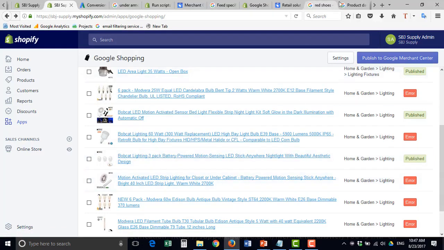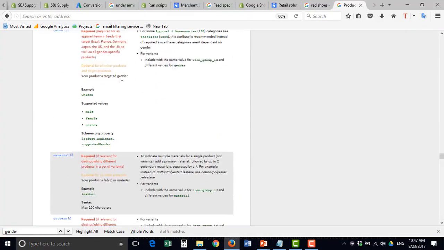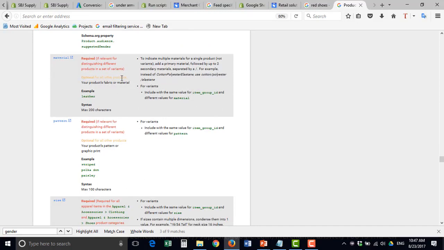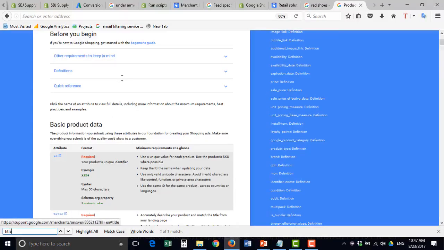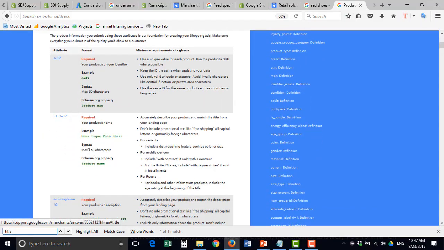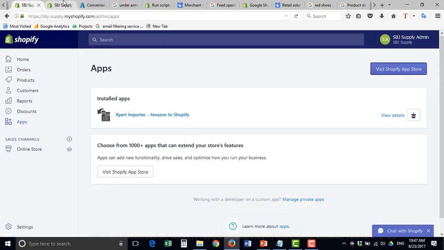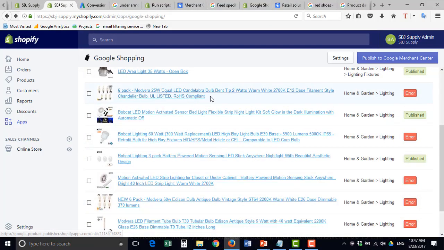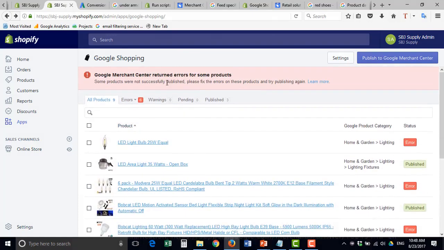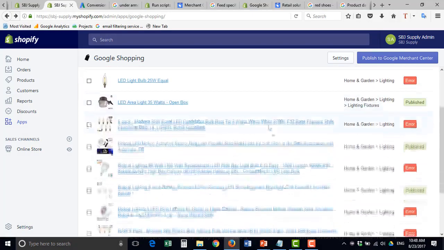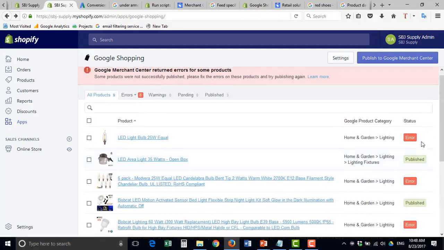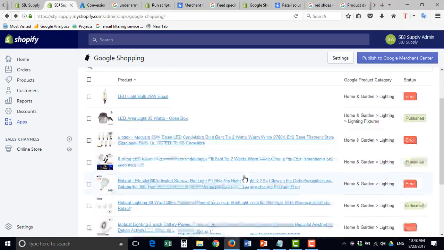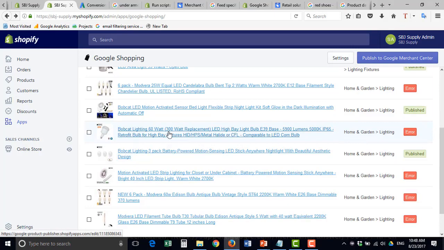Really go through the product data feed specifications, see what's required. Like for example, if we go up to the title, it's a maximum of 150 characters. Okay, well, it's very likely that these are over 150 characters. So, just take your time, go through these, fix these one by one. It's just a very time-consuming process. There's no way around that. So in this case, we have 3 products that are being published to Google. That's good enough for now, but my next step would be to continue sort of going through this and get